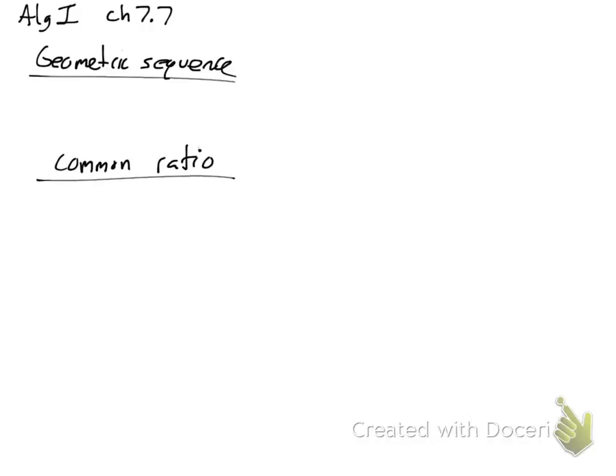Okay, so this is Algebra 1, 7.7. This is geometric sequences. So, a geometric sequence, guys, is what? Something that is in a geometric order. How about it's a sequence? Those 1, 2, 3, 4, 5. No, a sequence that has a